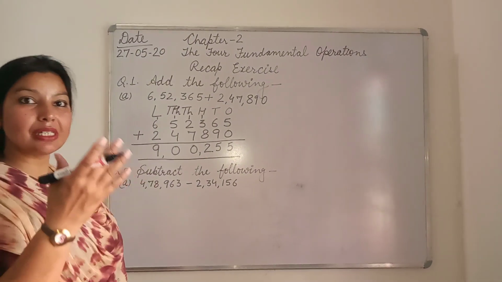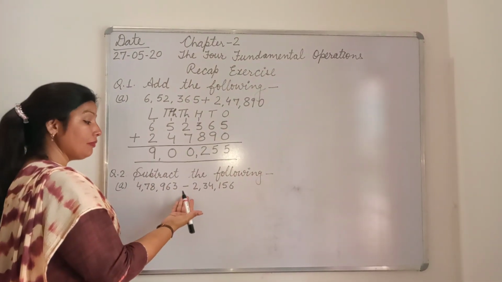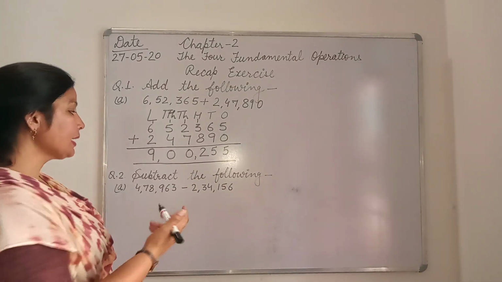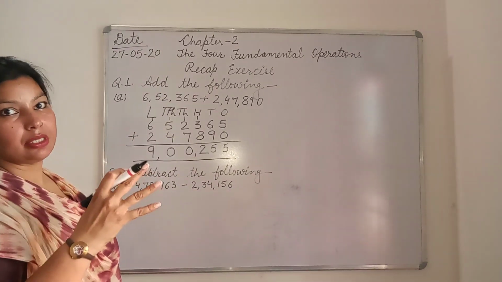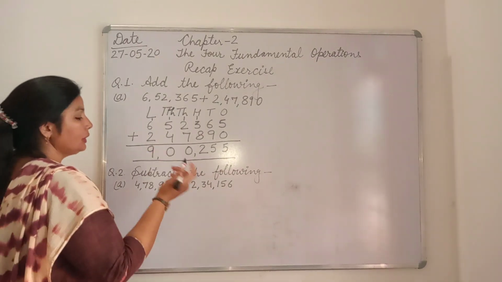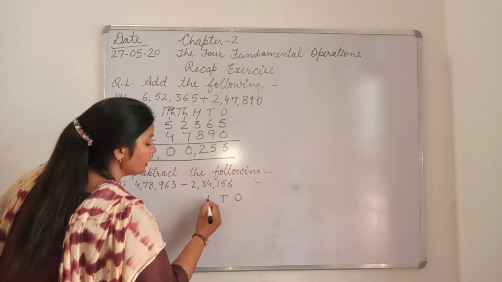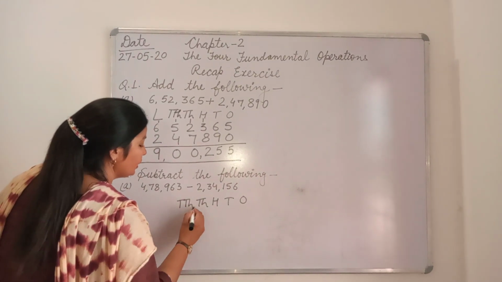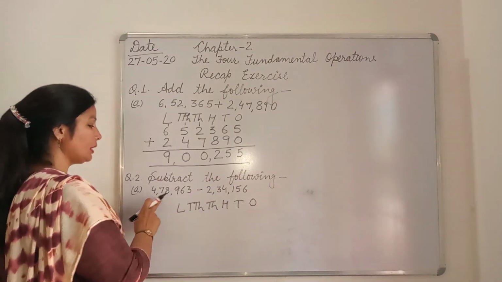Now you can see the subtraction symbol is given. That means the first number will come up and the second will come down. If it says 'from', then we take the second number up and the first number down. But here the subtraction symbol is given directly, so we arrange them up and down in columns. Now we have to take columns till lakhs: 1, 10, 100, 1,000, 10,000, lakhs. Only till lakhs, because the given numbers go till lakhs.